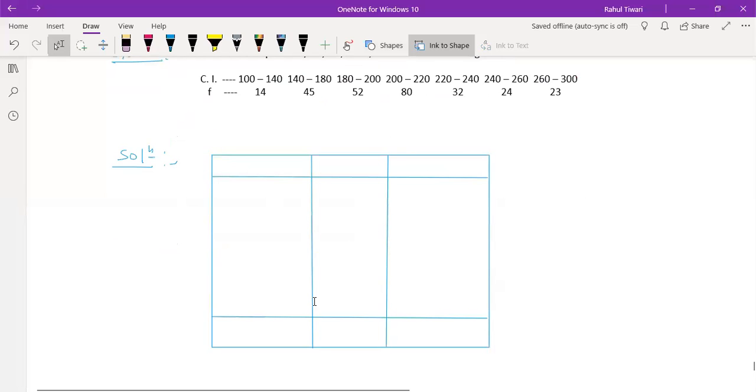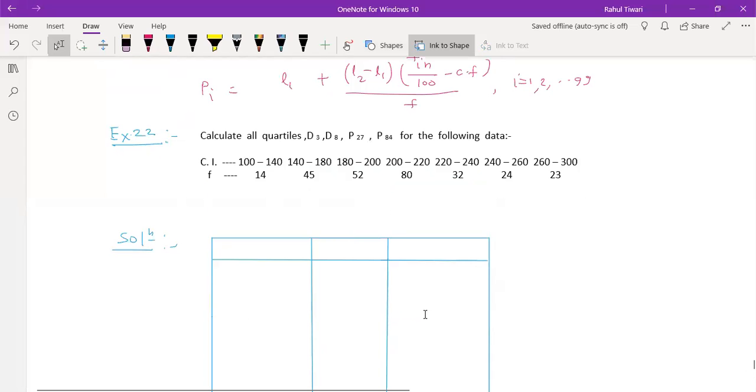So this is your CI, this is your F, this is your less than CF. So it is 100 to 140, 140 to 180, 180 to